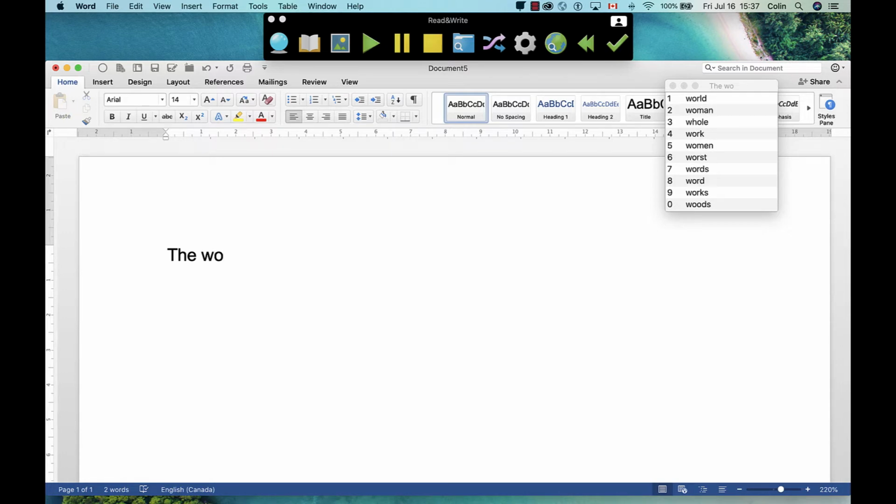Having only typed the first two letters of a word, it already appears in the list. This is because Read and Write will automatically pare down the list of words to best match the letters typed. In order for the word prediction tool to be effective, the user must at least type letters that correspond with the phonetic sound of the word. As such, the word giraffe will appear even if it is typed incorrectly with a J.